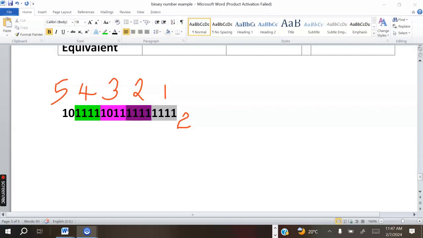So 2 more minutes remaining. Just try to use the table. Let me extract the table for you. So we have the table on the other side. I hope that you had already